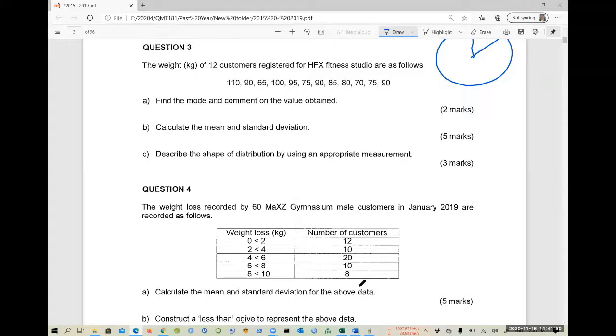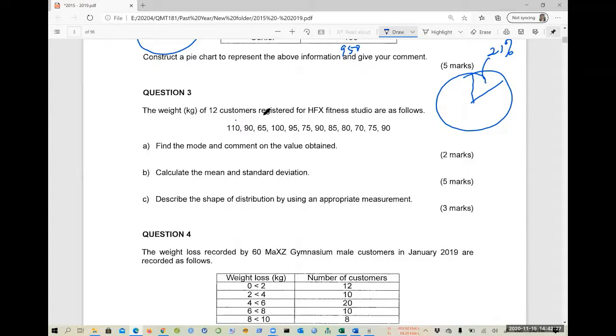For example, the lowest here is 70, so you can write down 70 first. In this case, if you look through roughly here, you can see that you have a unique mode, where you can see 90 occurs 3 times.